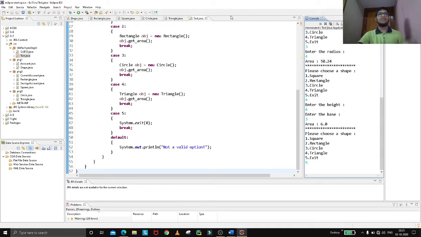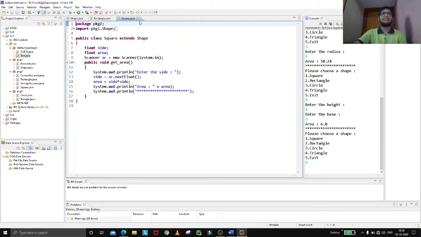So basically we have created three packages, in which one package contains the Shape class, which is an abstract class with an abstract function to be implemented in the other four classes, Rectangle, Square, Circle, Triangle, which are in package 2 and package 3. And lastly, we implement and import everything in a test class and perform the menu driven question. Now moving on to the next question.